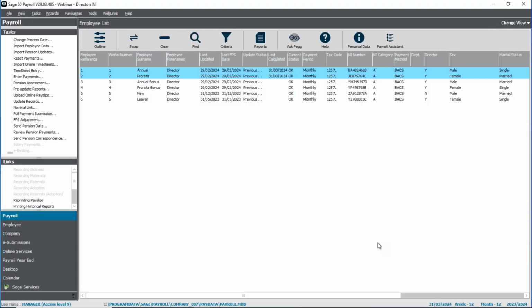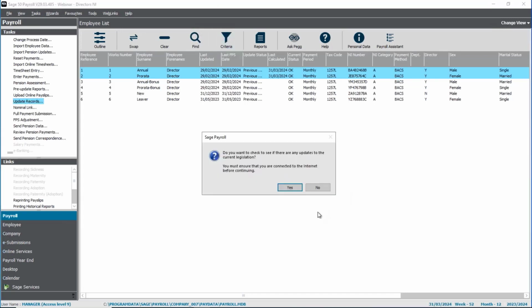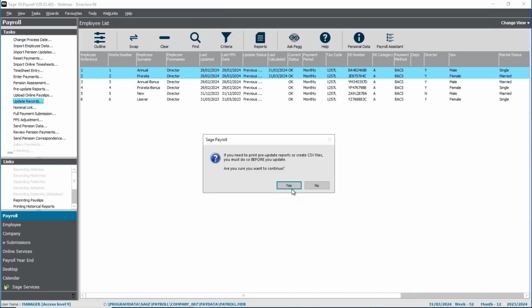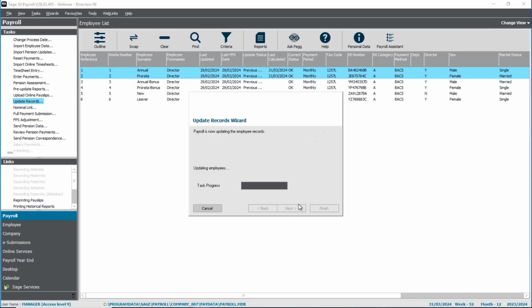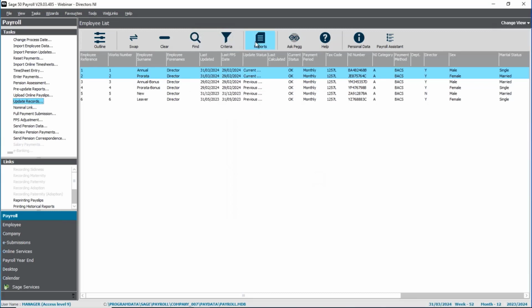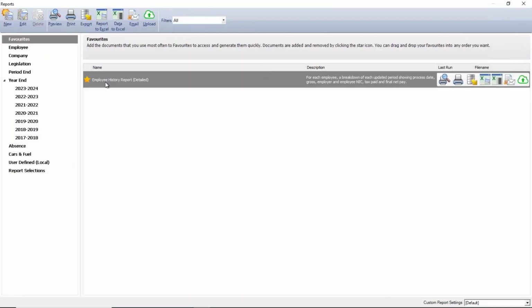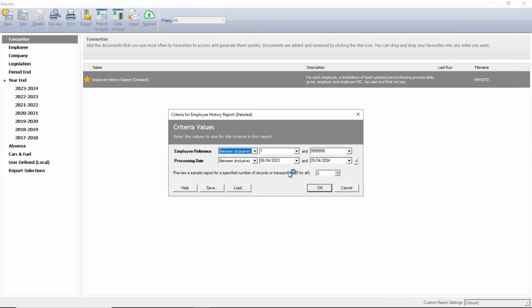And this is best illustrated by running a report over the year. So I'm just going to update the records. And I'm just going to show you the employee history report. So employee history report detailed. This gives a good summary of the national insurance and tax deductions for an employee. So if I run it for the full year,